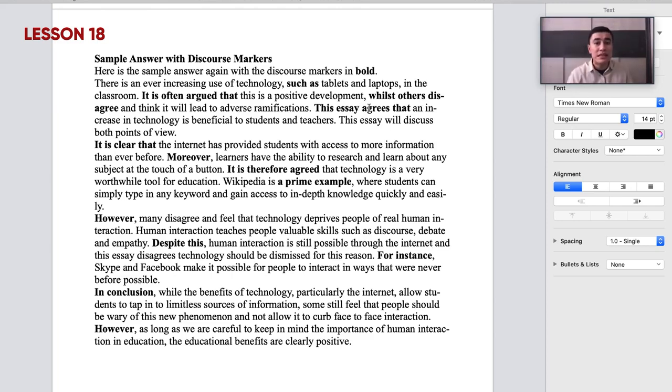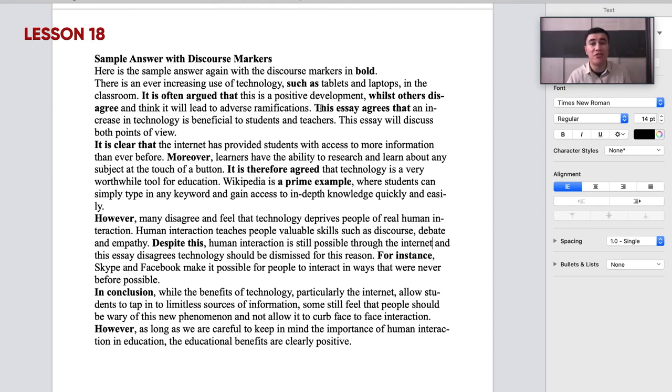Okay, this essay agrees that an increase in technology is beneficial to students and teachers. Again, this phrase at the beginning of the sentence helps you to stick this sentence into the general idea. Okay, this essay will discuss both points of view. It is clear that